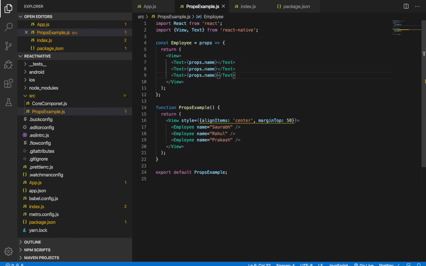I can also use other properties here, like let's put designation, okay, and salary.